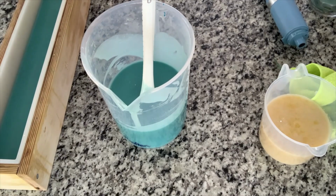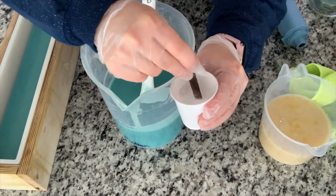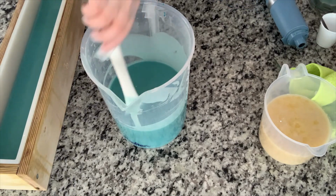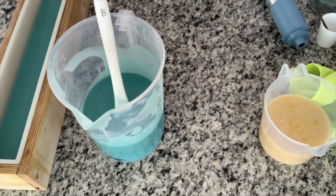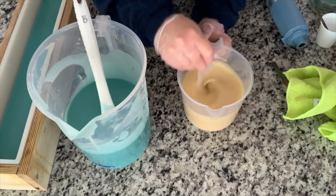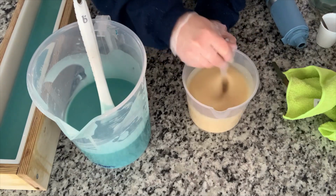Okay, so with my titanium dioxide, I really want the powder one for this instead of the pre-mixed. I just add a tiny touch of water and it really blends down nicely. Okay, so I will get that ready for the next one. We've got this in here. And then I'm not going to want to mix up this one. I'm going to have to blend this up at some point to get that white to really pop with the titanium